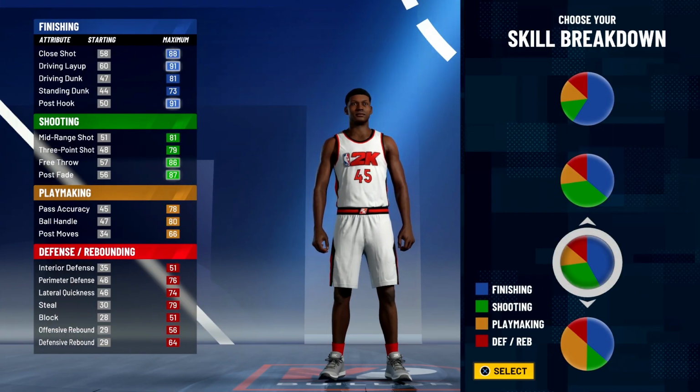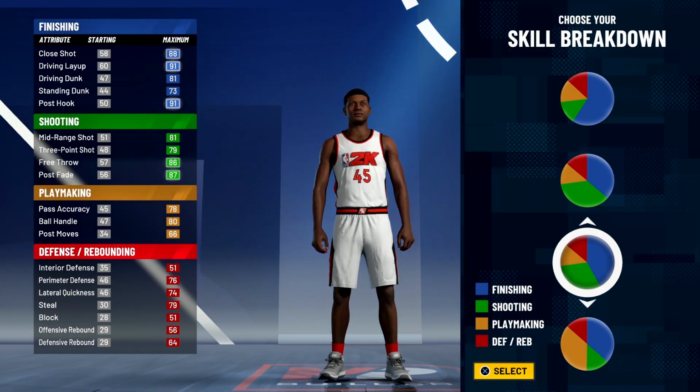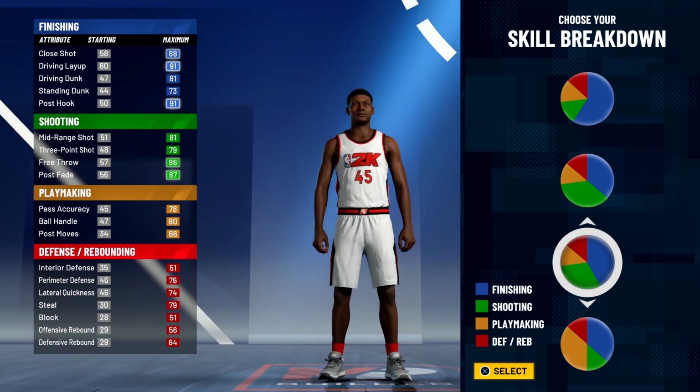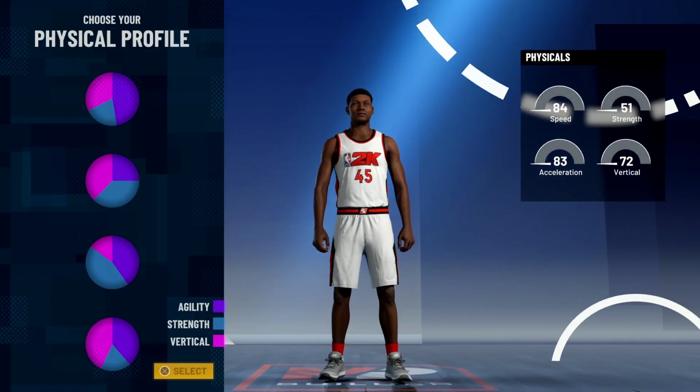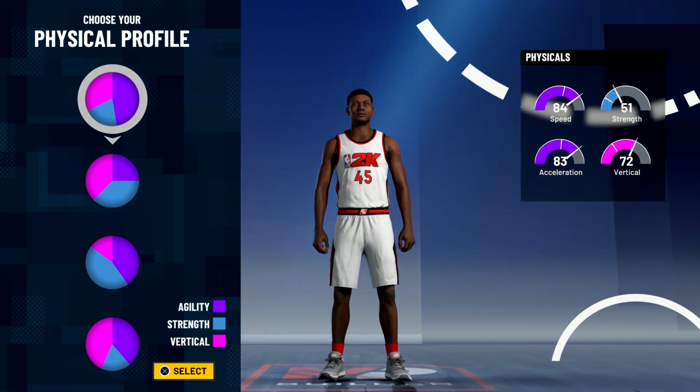So make sure you look at your builds carefully. Like a build like this where you have a 91 drive and dunk and 87 ball handling, which is a decent build. You have a 79 steal. But once you click on it, you can see that 84, 83 speed. You're taking a sacrifice in that